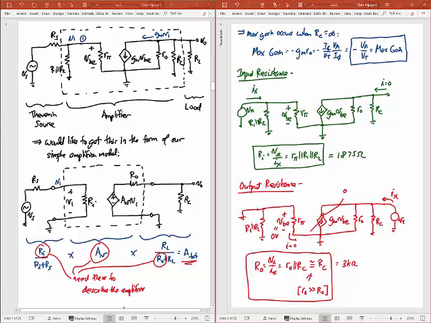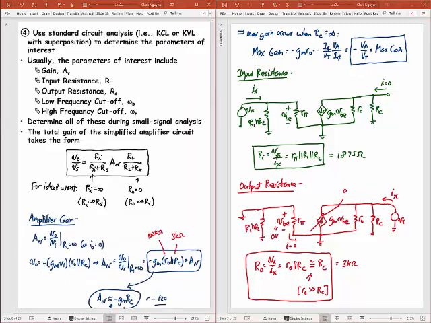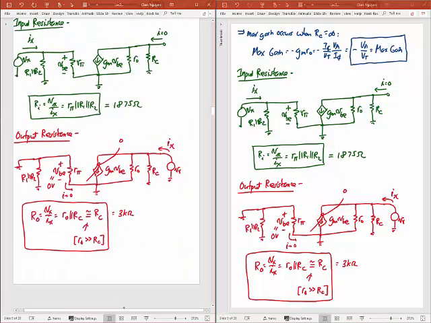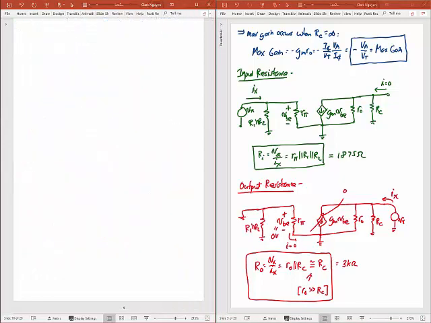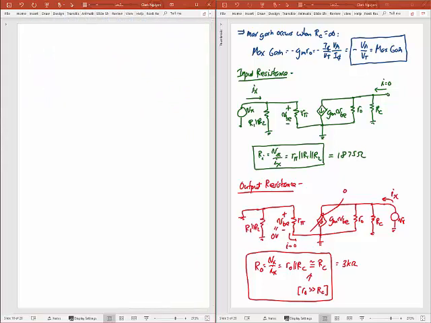We know the input resistance, which is this. We know the output resistance, which is this. And we know the gain, which I had on a previous slide. And so now what we want to do is get the total gain for this circuit. And so let's go ahead and do that. So here for the total circuit,